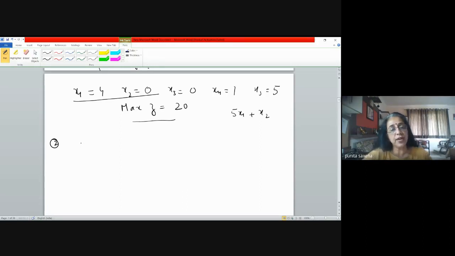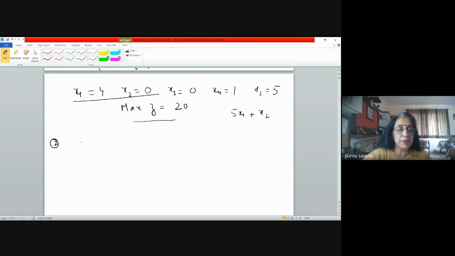See, so far we have tried problems in which all the variables were non-negative. But we have seen, even while writing the standard form, that some variables can be unrestricted in sign. And to change unrestricted variables, what do we do? We simply write that unrestricted variable in terms of a difference of two non-negative variables. So one variable gets replaced by two variables. That's the only change we make while writing in the standard form.